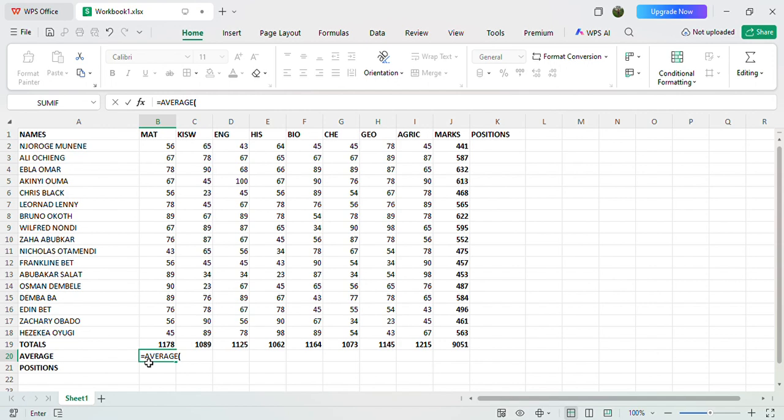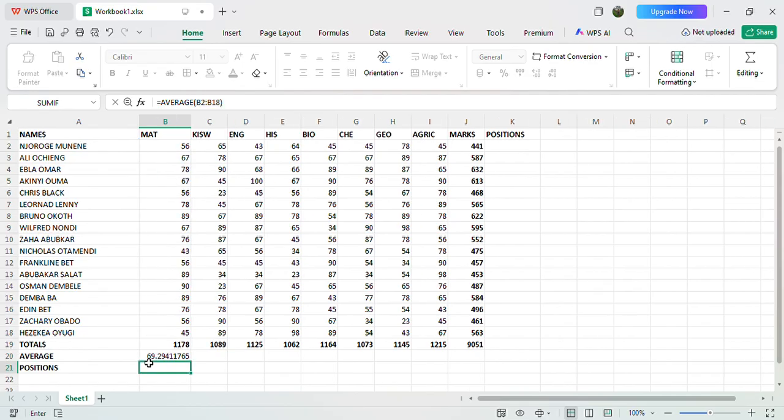We want to get the average from cell B2 to Ezekiah Oyugi, that is B18. So press shift, colon, then B18. It will definitely show that. Then press shift, close the bracket, then enter.